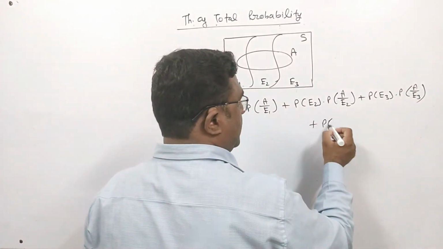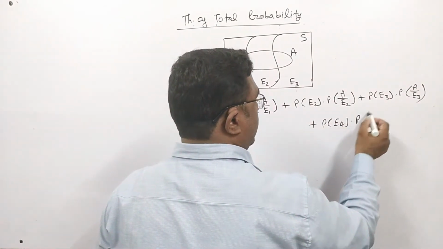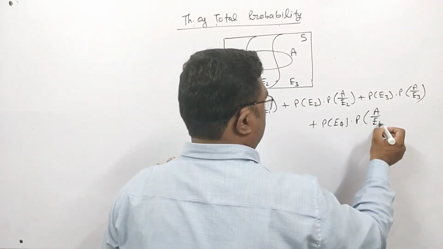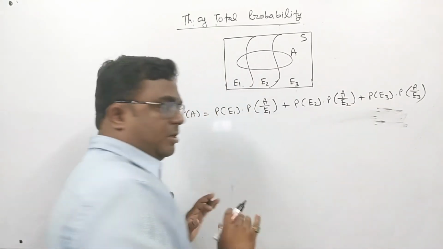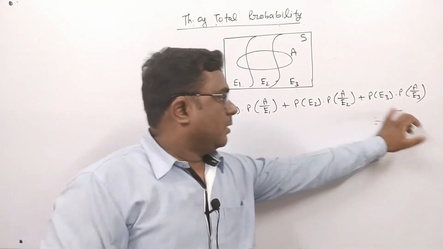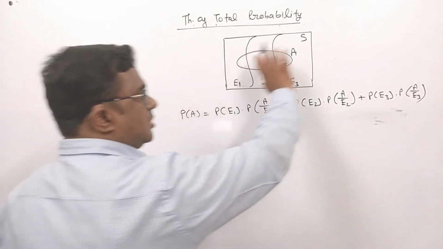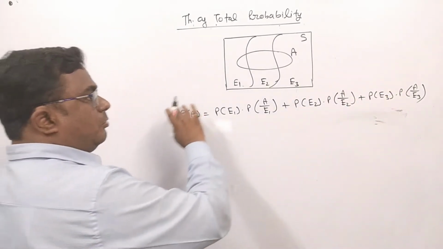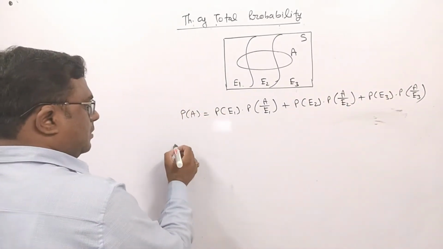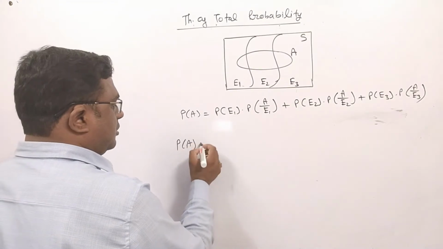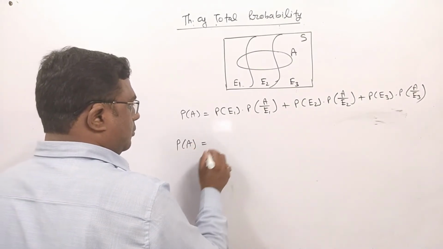It means you will add P(E4) into P(A upon E4) like that. And if you have 5 partitions, then again you will add one more term. Now, if we want to generalize this formula, if we want to write this formula in general form, then this formula in general form is P(A) equal to